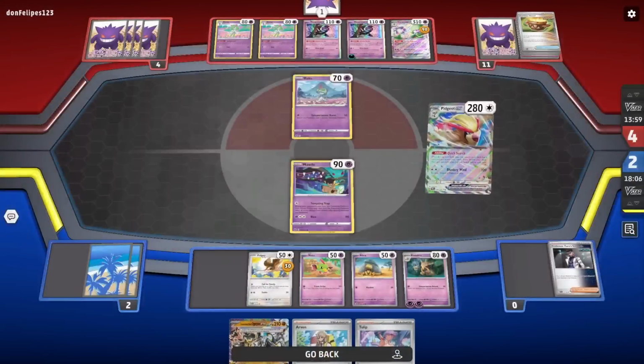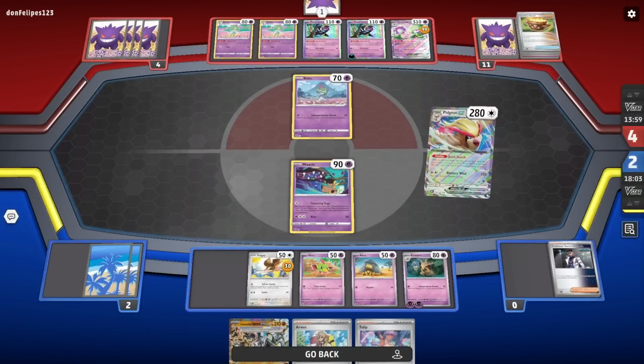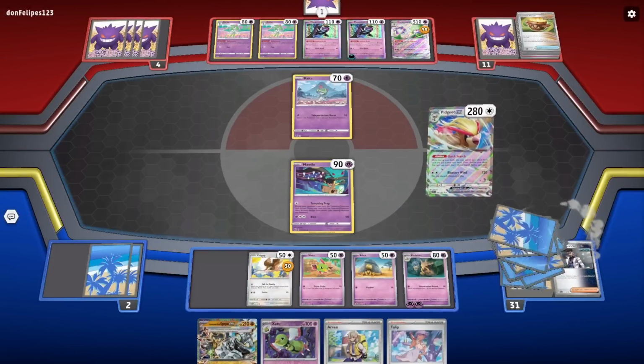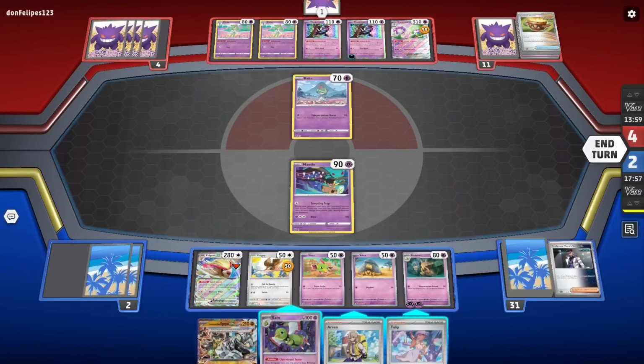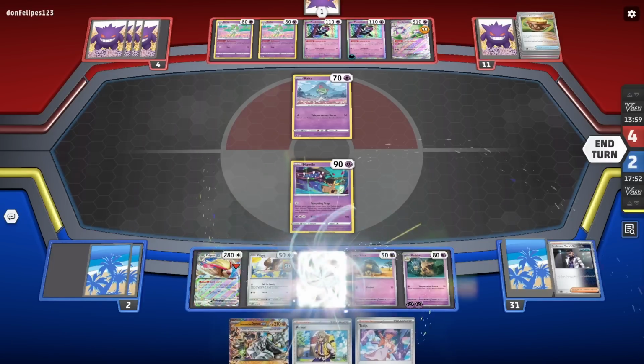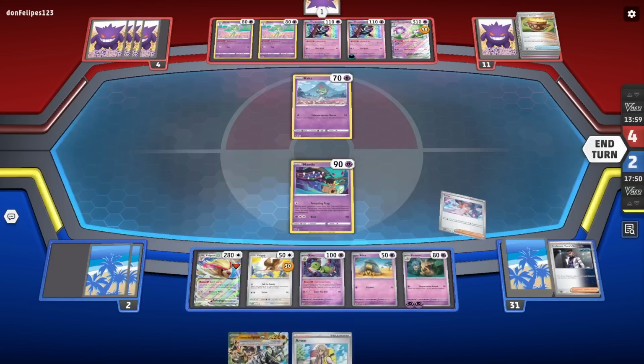Wait, at this point, if I boss, actually boss gets me game, right? I can attach. No, boss does not get me game. So, okay, I'm going to make this my play. Do this. Oh, I could have... actually, I did have game. I had Arven. No, I can't Arven and boss in the same turn. So